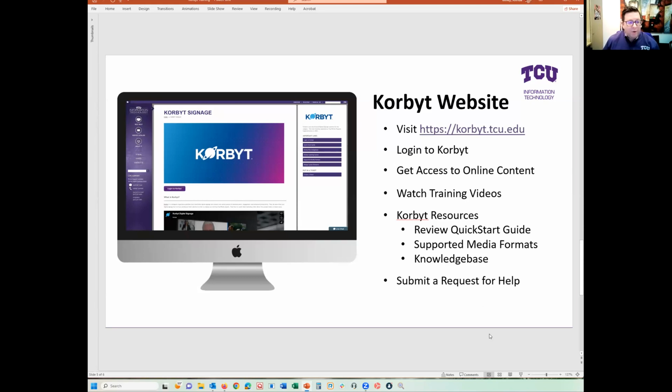As you will see when we transition this over to Ed, he's going to show you the web interface for getting into Korbyt. It's entirely 100% web-based, so I can access this resource from my phone or from my desktop computer. I can get access to it anywhere in the world. And I know the last year when we had 4Winds, we had a web interface, but it was very restrictive in what you could do with your players and what you could do in terms of editing your signs, unless you had a client installed on your computer. So there are a tremendous amount of resources that are going to be available to you, a lot of extra features and functionality that we think you're going to enjoy.